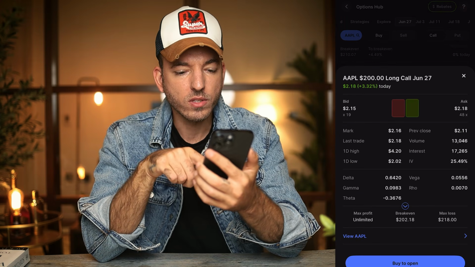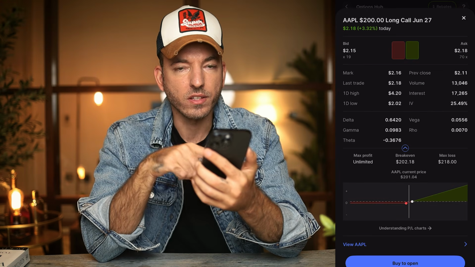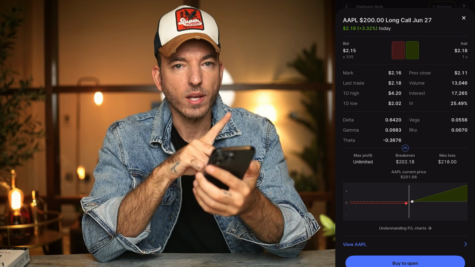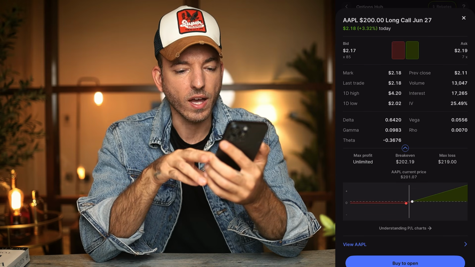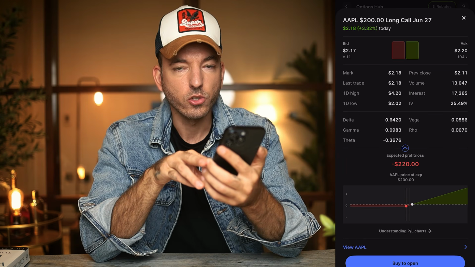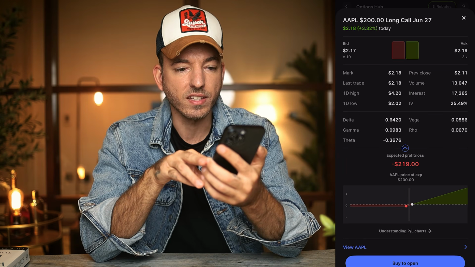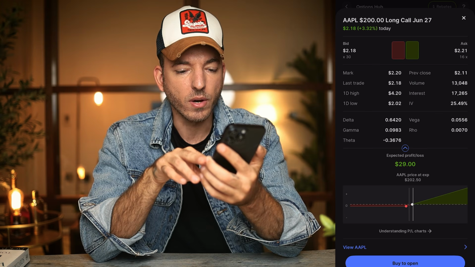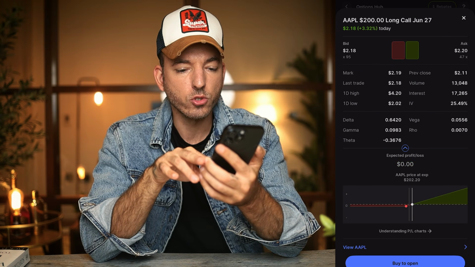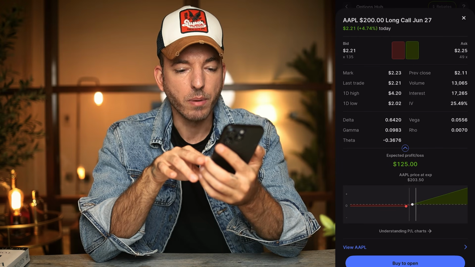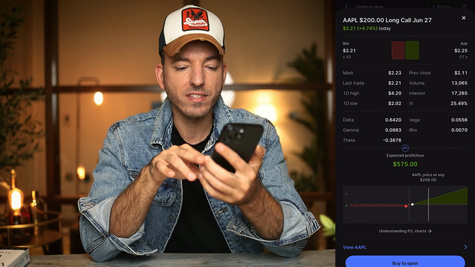All right, back to the June 27th $200 call. Now I'm going to click right here on the break even. Right above it there's that little arrow, and it's going to show me the break-even price. Like I said, strike price plus the premium is your break even. As you can see here, you have a $200 call. So at $200, you are still losing the premium of $219, how much you're paying for the contract. If I move up to where the red meets the green, I'm going to see my break-even price. My break-even price in this case is $202.20. So again, it is the strike price plus the premium paid, and everything above it is profit. So it has to reach at least